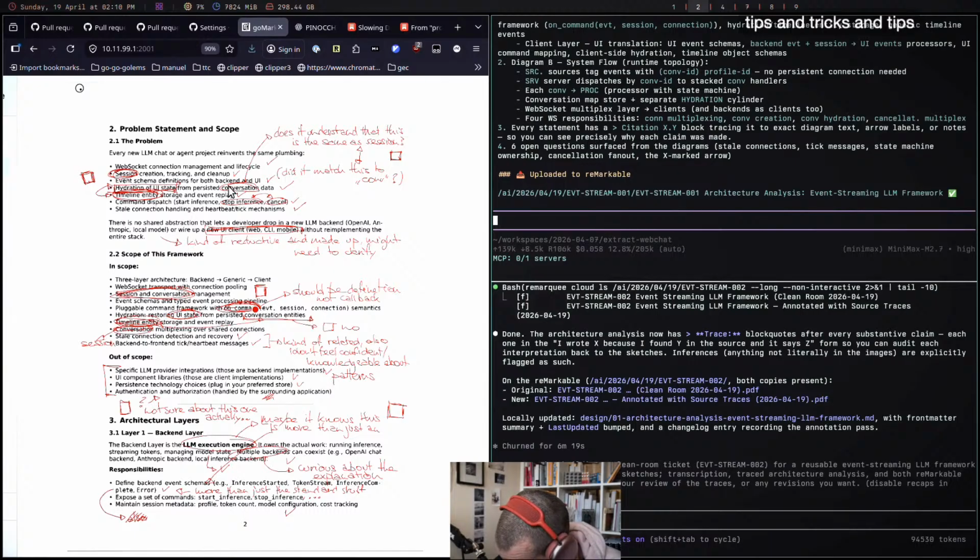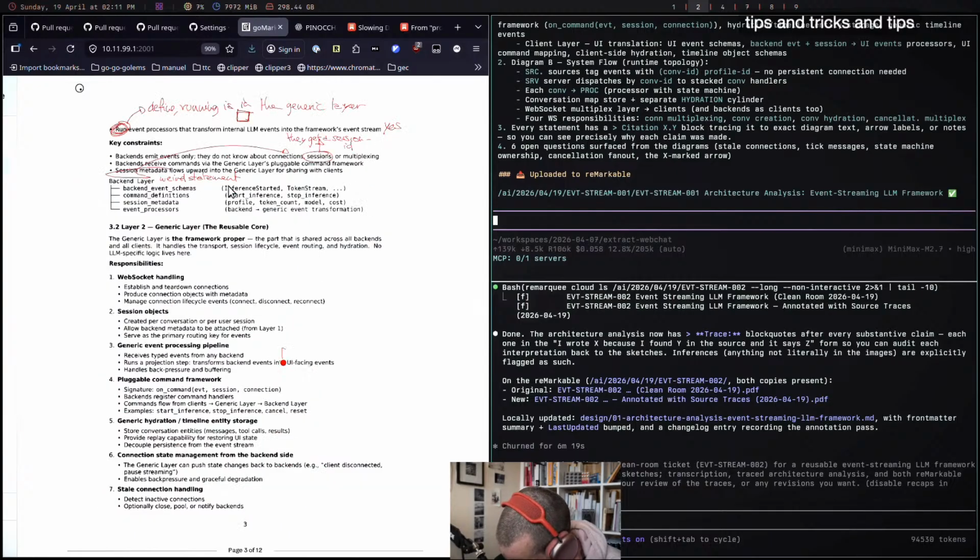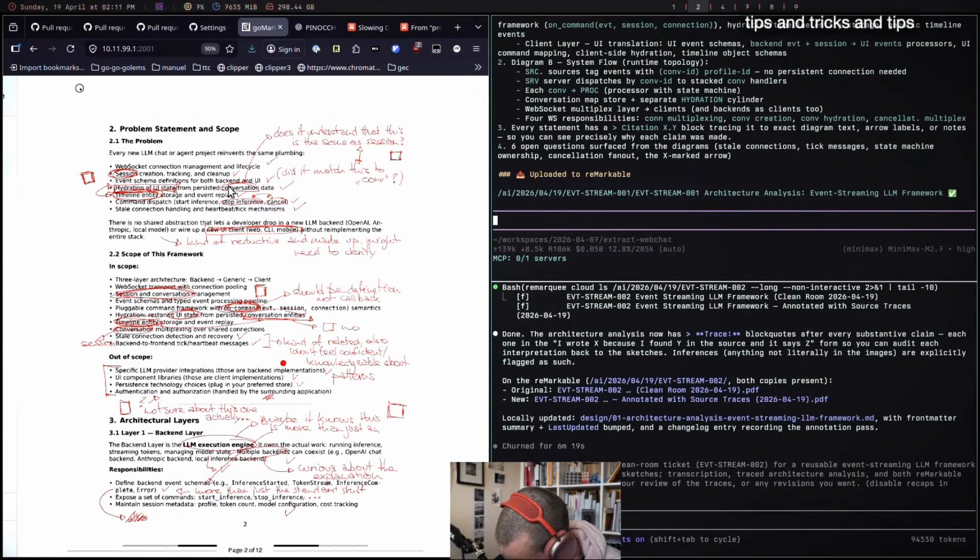I don't know where it found this. Session conversation is also this. Like the stale connection and tick heartbeat, I think those are the same. I'm not really confident about patterns to do stale detection.